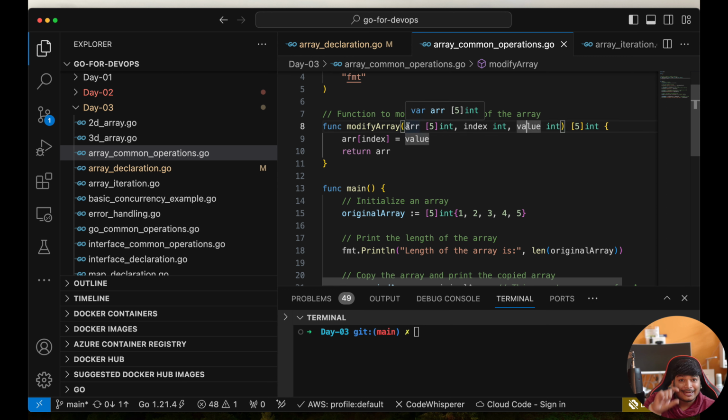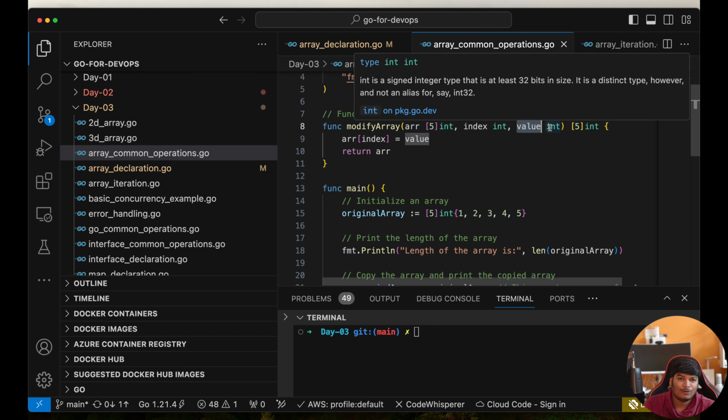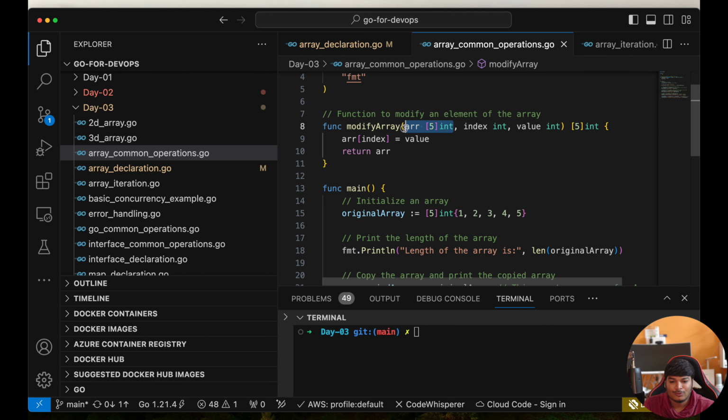And what will be the data type? The name of the parameter that you're defining here, and what will be the data type that you're going to accept there. So the first element is of course array, and you're saying array of what? 5 element array of integers. Then in the second parameter, you're saying what is the index. Okay. And the index, we are saying that integer value. Then the value of the particular index, you want to change it. Okay. So value, and then the value is of course integer, because in the array we can hold only integer